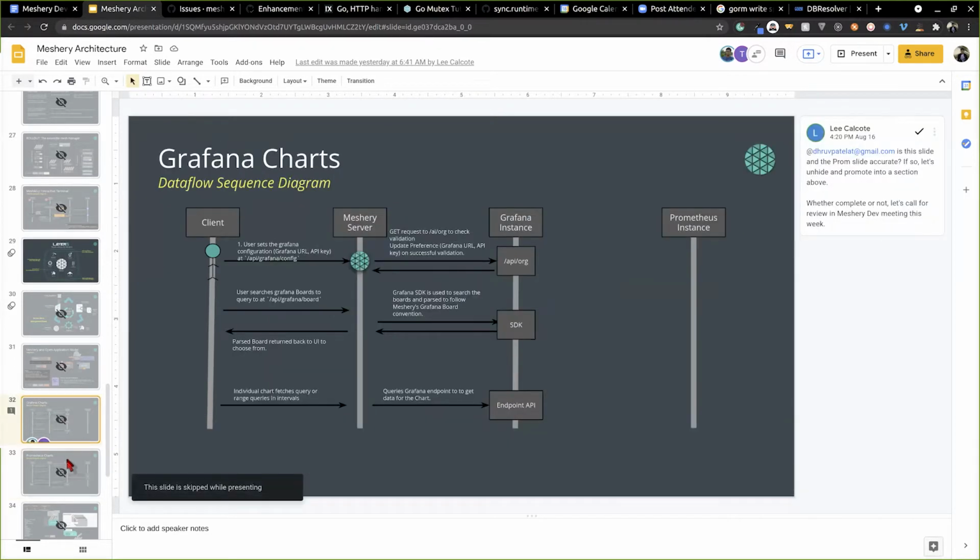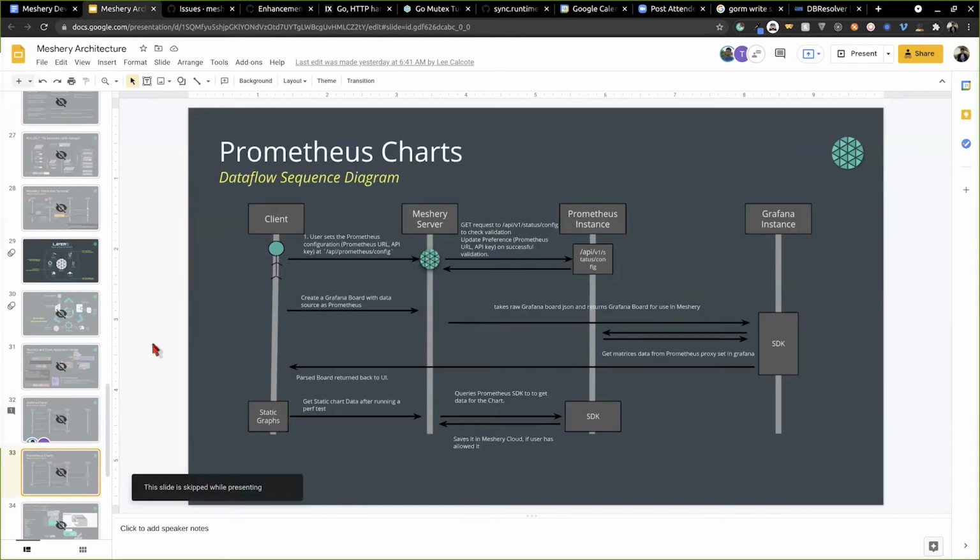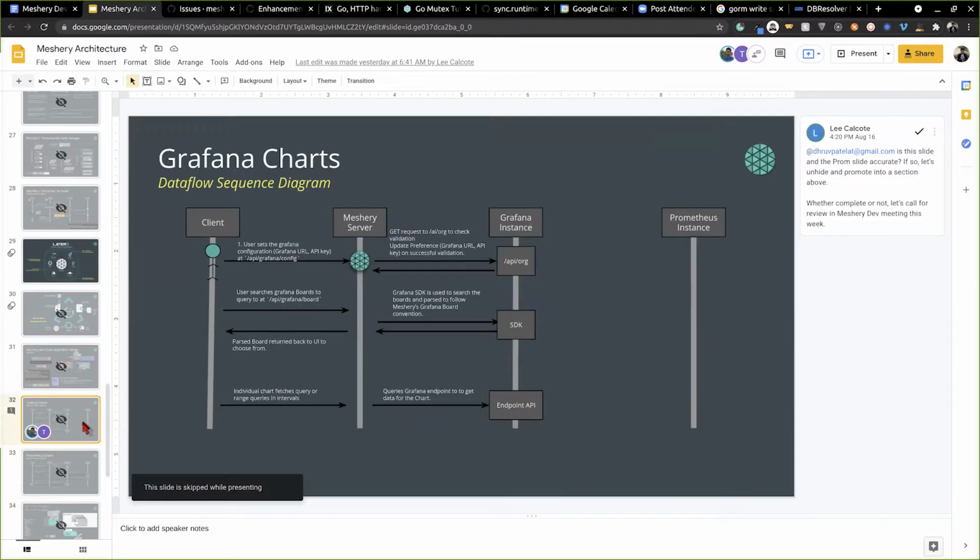Usually the two slides which you see in front of you give you a gist of the flow on how we get the Grafana charts, how we also get the Prometheus charts, and there's also some specific flow for static charts. For all the dynamic charts, whether from Grafana or Prometheus, we use the Grafana API itself to get your charts, whether it uses Prometheus as a data source or not.